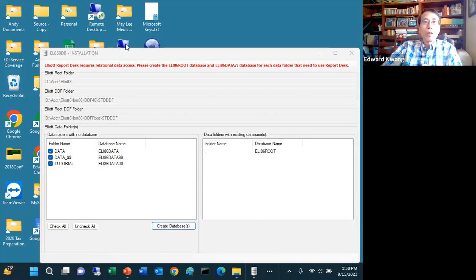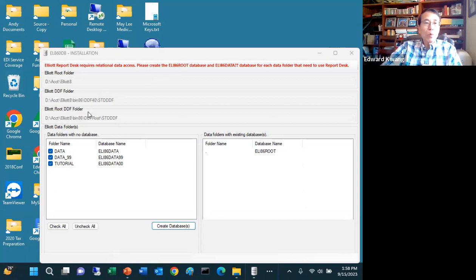All right, so now it is installed, and then it pops up this utility called the Elia 8.6 DB utility, and this utility will create the database for Elia 8.6 in order to run.